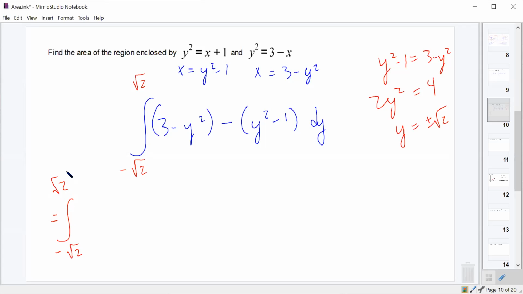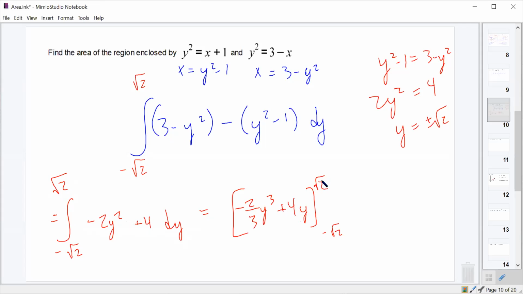And we'll integrate from -√2 to √2. And if we simplify this down, it ought to become a -2y squared, and 3 minus the -1 is a plus 4 dy. So we end up with -2/3 y cubed plus 4y from -√2 to √2. And what does that come out to be? If we cube √2, that's 2√2. So that's -4√2 over 3 plus 4√2